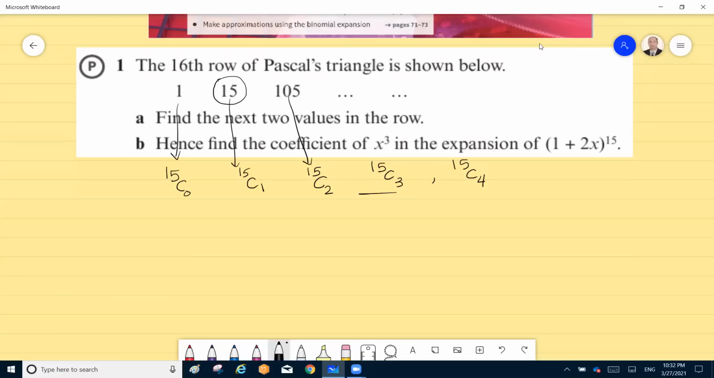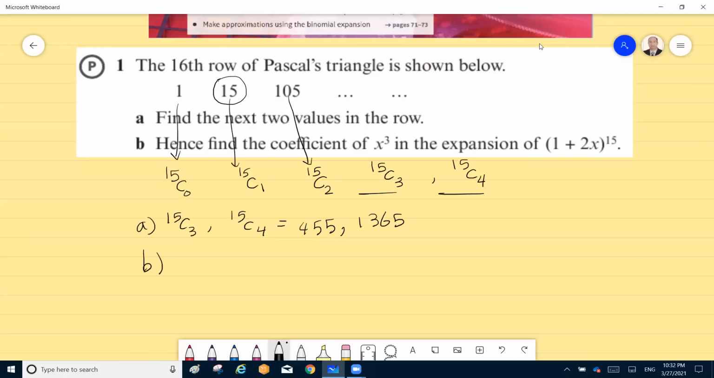So these are the missing two terms in part A, 15C3 and 15C4. If you use a calculator to find them, the answers are respectively 455 and 1365. Okay. Number B, hence find the coefficient of x cubed in the expansion of